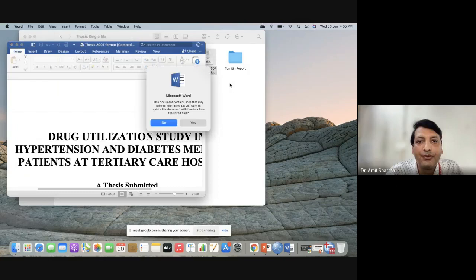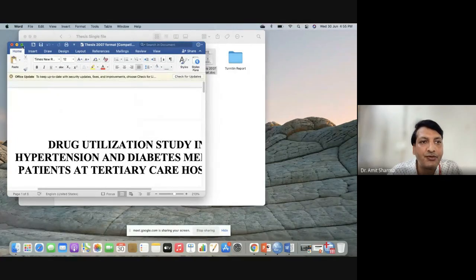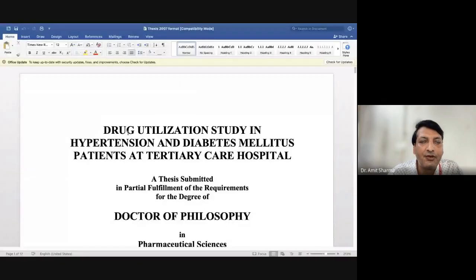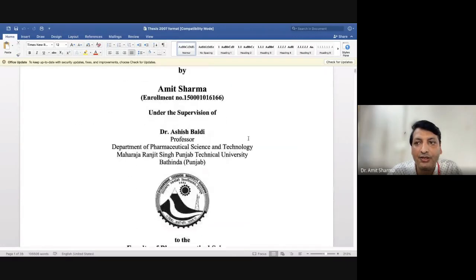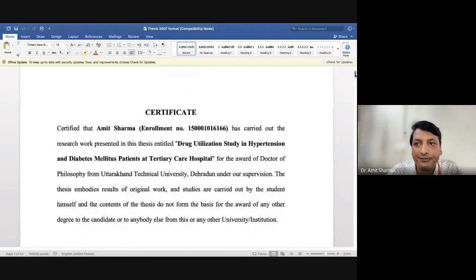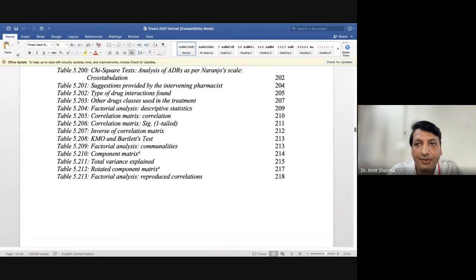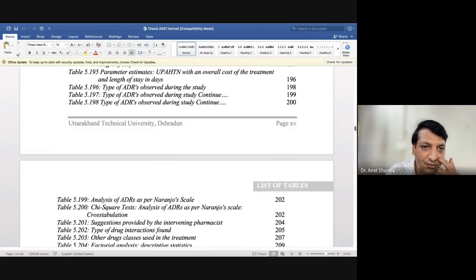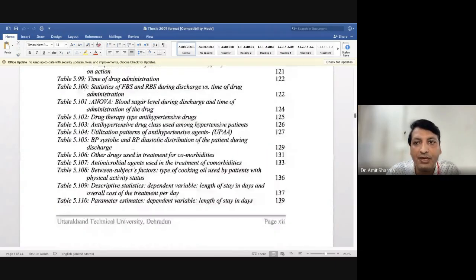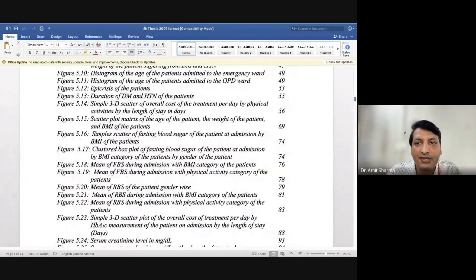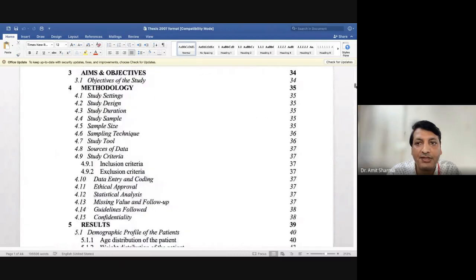See, if you switch from one version to another, for example, I was using MS Office 2007, and if you switch to 2013 or 16, your graphs and all will get distorted. Yeah, in the last class, I will let you know how to make these tables, the table which is given on the top.